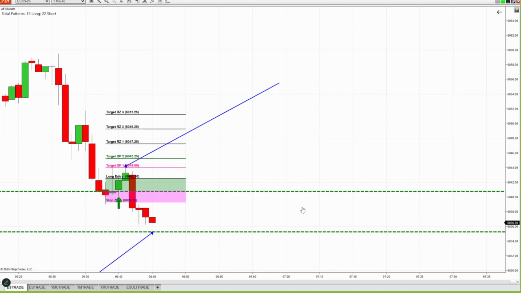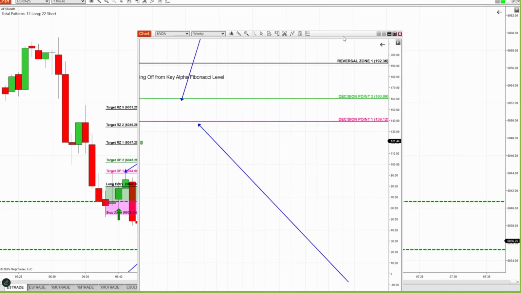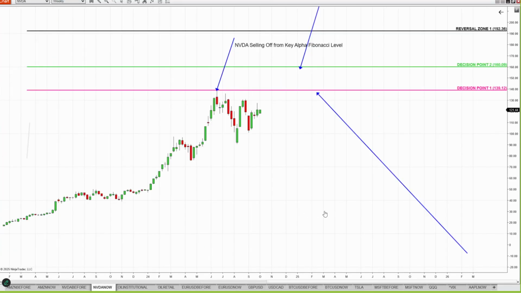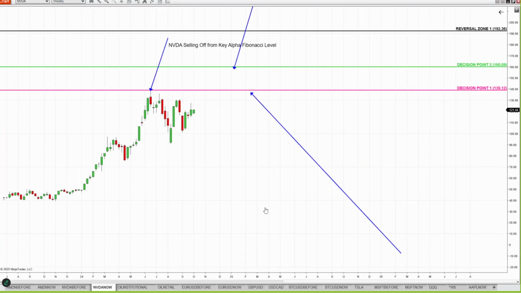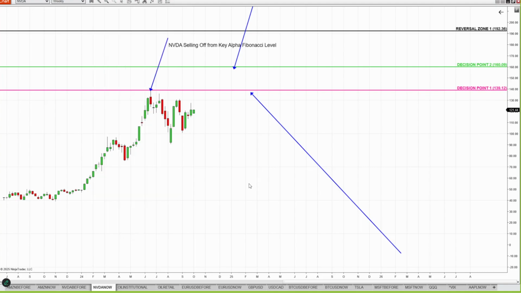The only difference between Nvidia and S&P: this is software to day trade futures that you witness in the trading room in the live markets instantly. This you can trade on Fidelity, Thinkorswim, TradeStation, any platform that has Fibonacci retracement. No software is ever a requirement. That's it. This level is out.